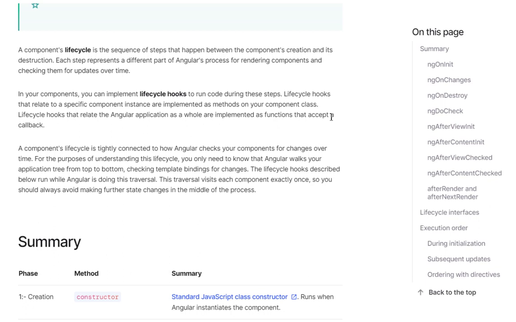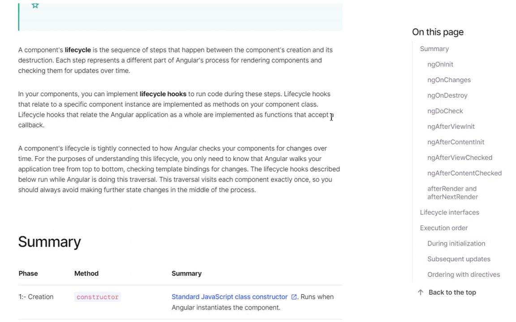A component lifecycle is tightly connected to how Angular checks your component for changes over time. For the purpose of understanding this lifecycle, you only need to know that Angular walks your application tree from the top to bottom, checking template bindings for changes.